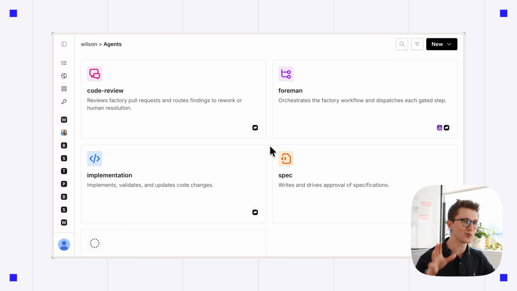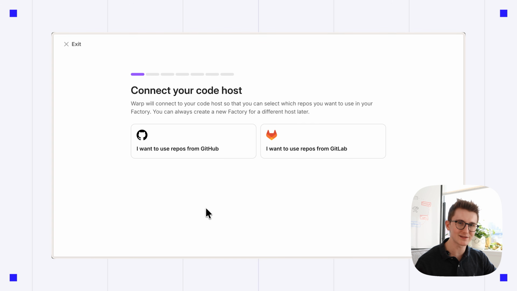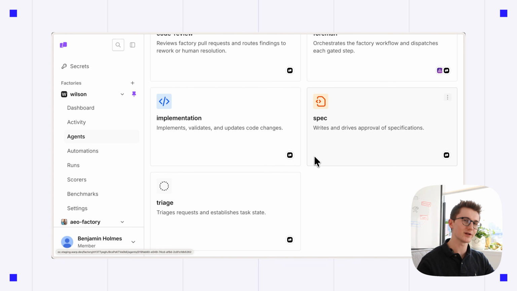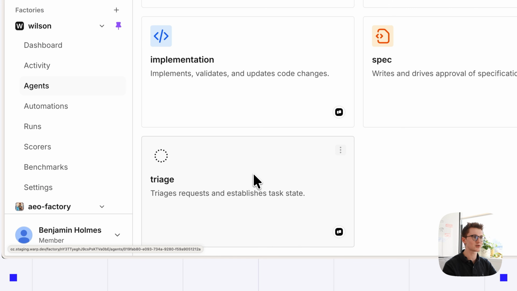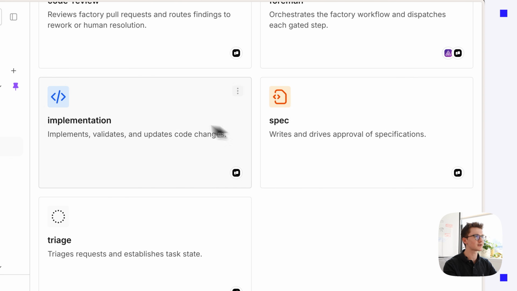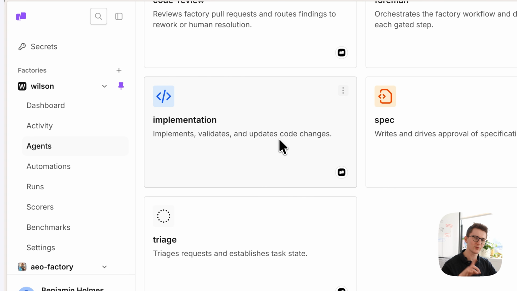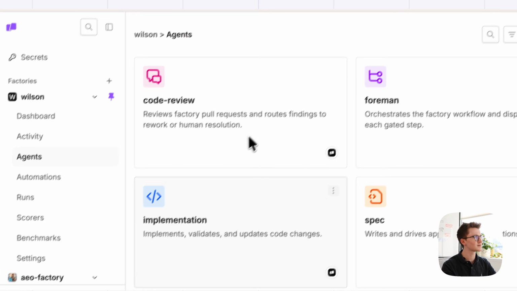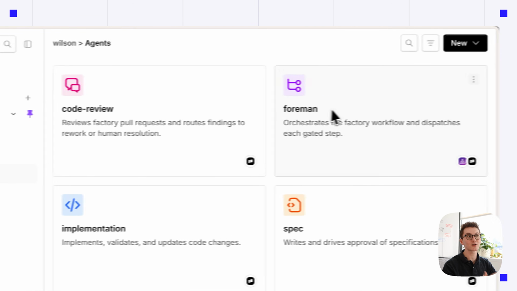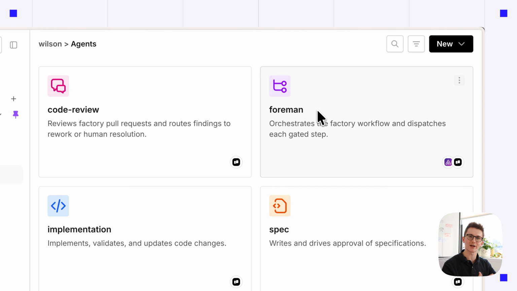This brings us to Warp Factories. It's super easy to get started with. Connect your repository, and you can have a factory spun up in a few minutes. And this will set you up with a suite of agents for each step in the development lifecycle, starting with triage to research issues as they come in, spec writing for larger features, implementation to write the code with verification using computer use, code review on the back end, and a factory foreman that will orchestrate all of these agents